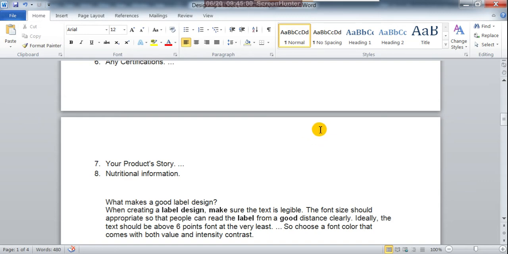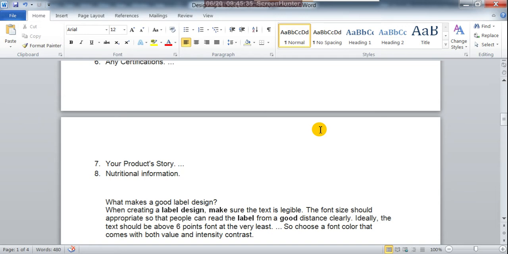What makes a good label design? When creating a label design, make sure the text is legible. That is very, very important. The text should be crystal clear and very sharp. The font size should be appropriate so that people can read the label clearly from a good distance. That is very important, for example in malls, so customers seeing your product can easily recognize it from a distance.